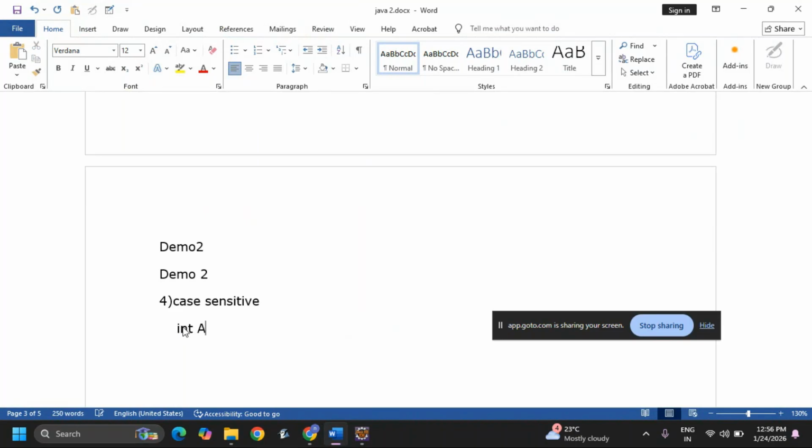I'm taking here int capital A, but I am using that like a small a. If I am declaring a capital, I cannot use small. Okay, that is case sensitive. Okay, from the next fifth point,